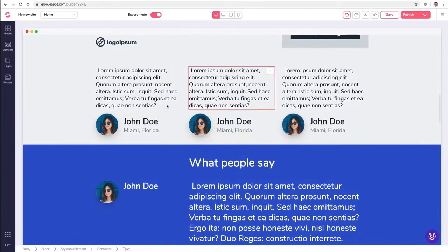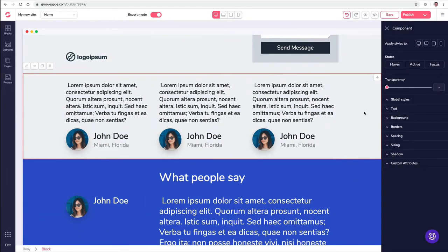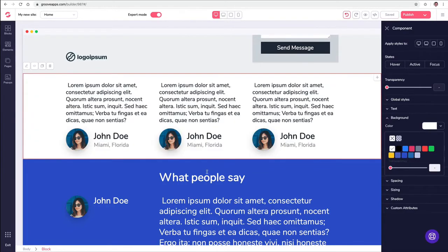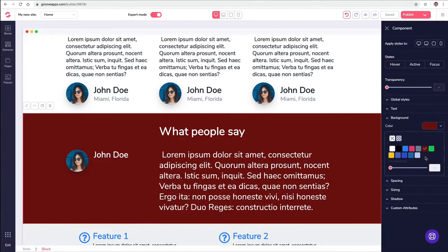If I want to change the color of a section, I have a couple of different ways that I can do that. Number one, I can just take one of these prototype blocks here, and I can change the background section to match something like we have over here. Or we can just change that section completely to maybe be white, okay? And the same thing here, this section here, I can see that it already has a background color,